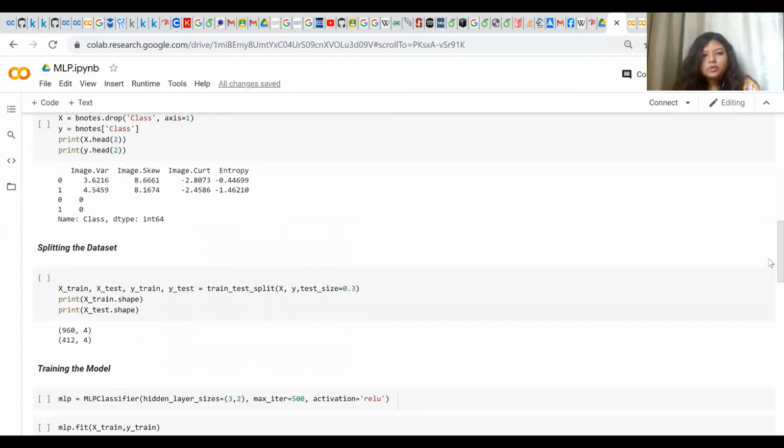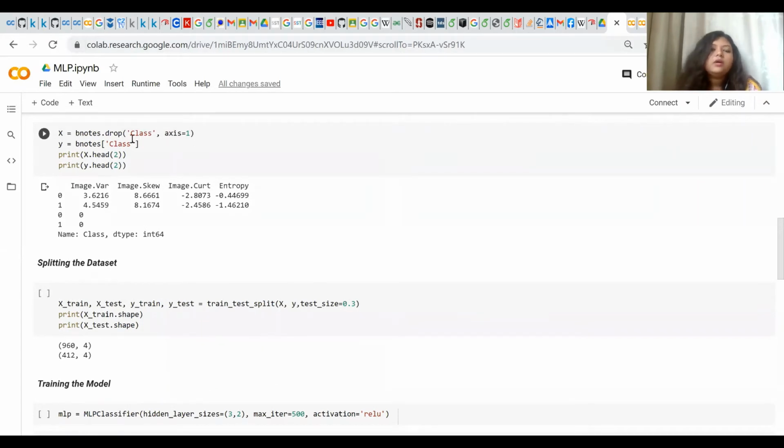In the next window, we have created two data sets. One contains the other 4 attributes, and the other contains only the class attribute, because we need to train and test the data on the basis of class.